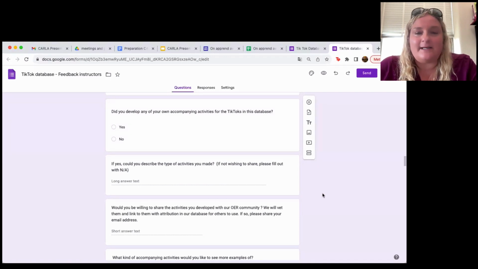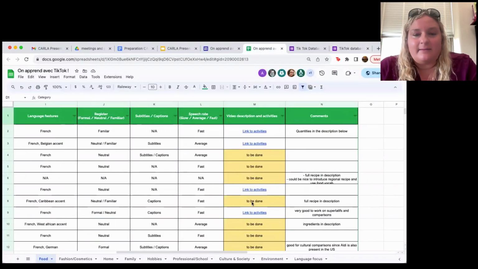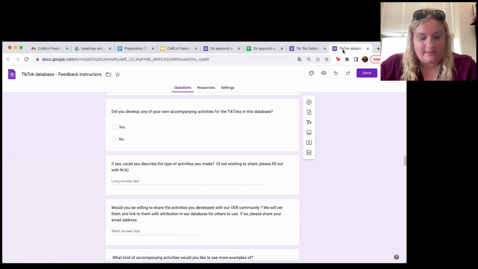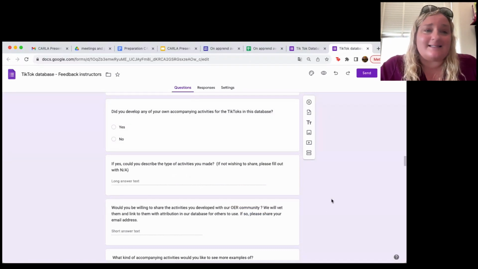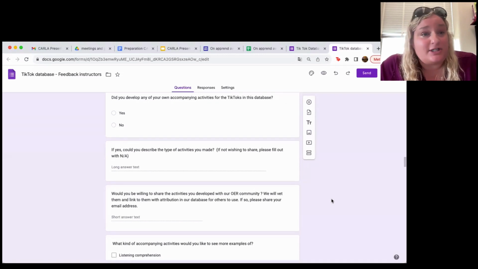And by that, I mean, Chimène showed you in the database, there was that column with additional activities. You'll notice that we had some activities that we've sort of done as a suggestion or sort of to show you how we might use these, since we use these often in these settings. But we wanted to sort of leave it open to, people are going to do different things. They have different personalities in the classroom. Their classes have different focuses. And we're really interested, if you happen upon something that seems to be successful with your learning group and you might consider contributing back to the open educational practice, that you would share it with us.